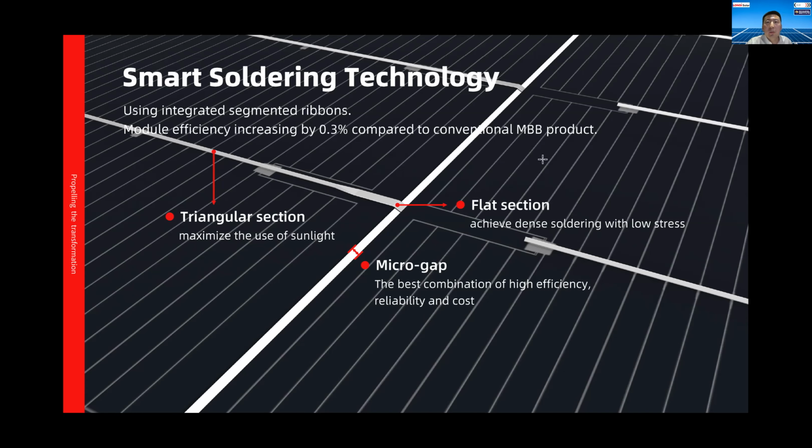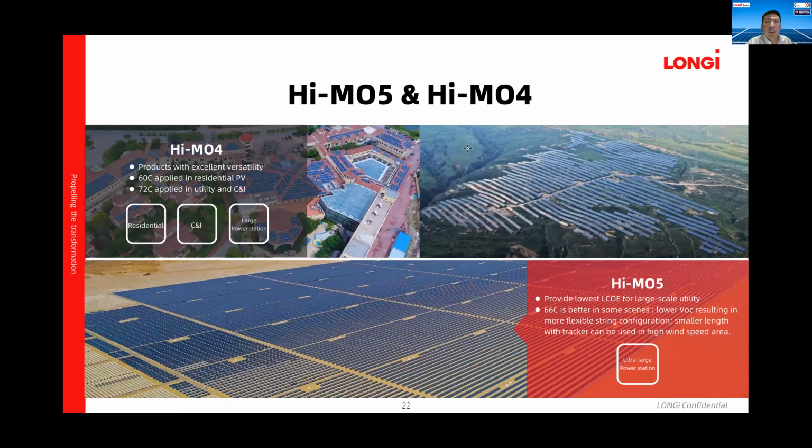So the HAMO 5 and HAMO 4, that means the M6 module and the M10 module, will continue to coexist, because the module size for HAMO 4 is the optimal size for residential application, and also the PV station with mountain terrain like this. The length of the bracket will be limited to about 15 meters. So if we use a larger module, it will not be suitable for this terrain and hard to carry the